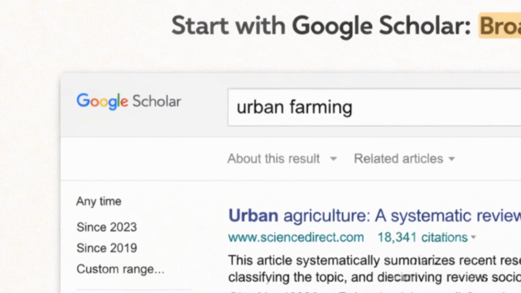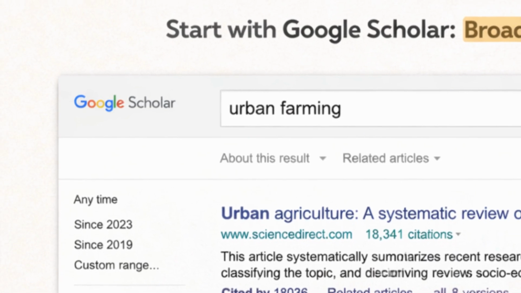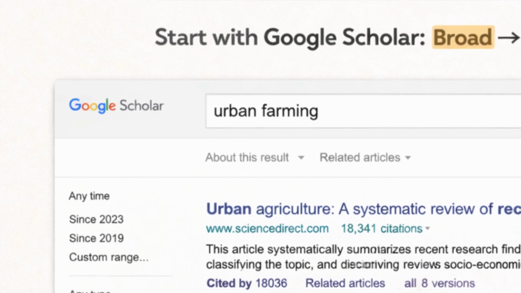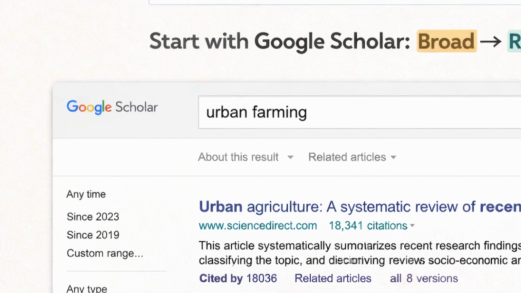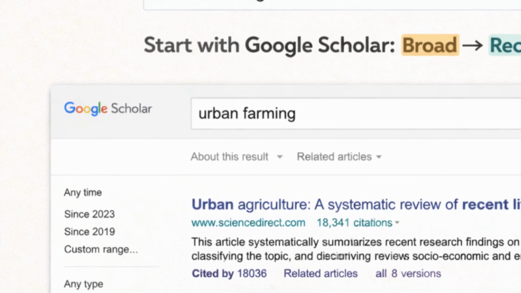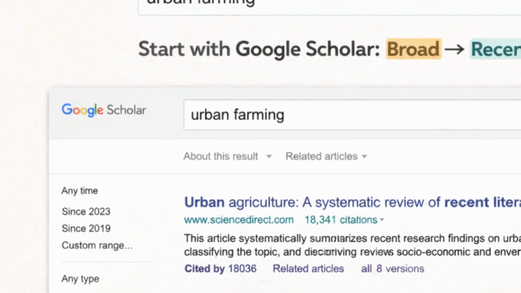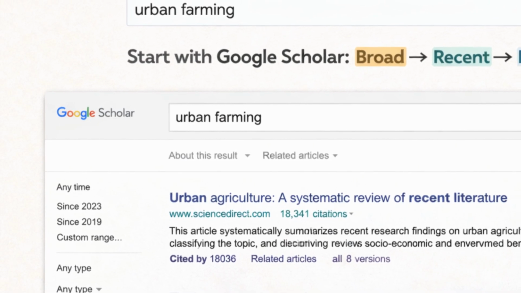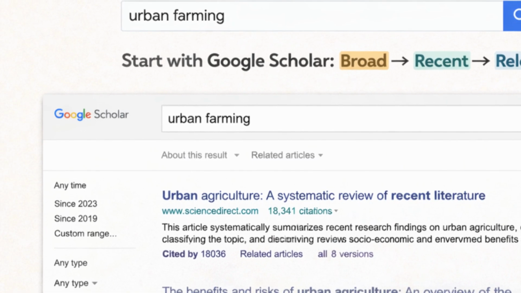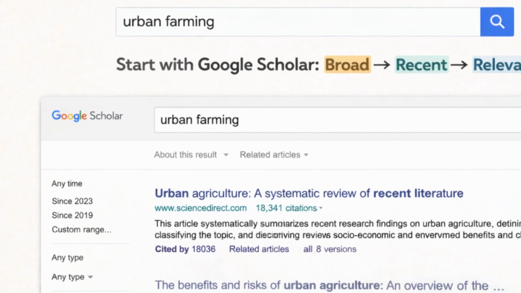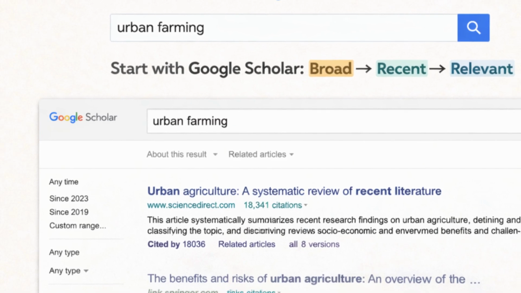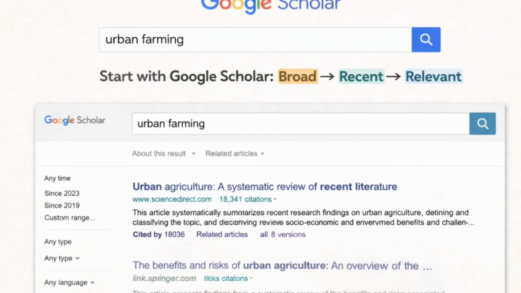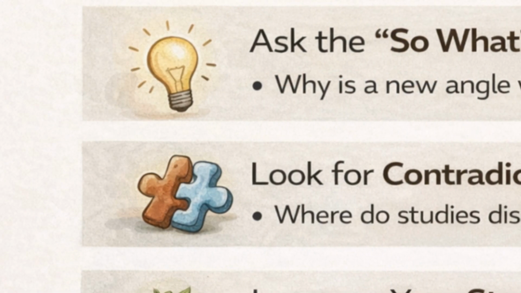Watch for saturation versus gaps. As you review the literature, notice which topics are crowded with research and which are underexplored. If you find dozens of papers all answering a similar question, that area might be saturated, at least globally. But don't write it off just yet. Sometimes a well-researched topic still has unaddressed angles. On the flip side, if you barely find any studies on your question, that could mean it's a genuine gap or that you need to tweak your search terms. Pro tip: try synonyms or related concepts to ensure you're not missing studies under a different name.